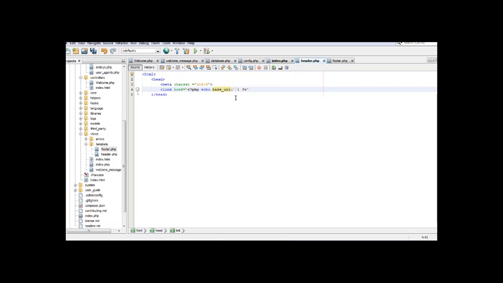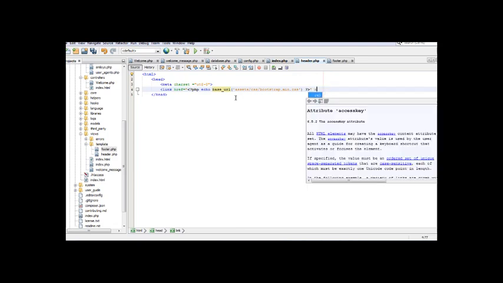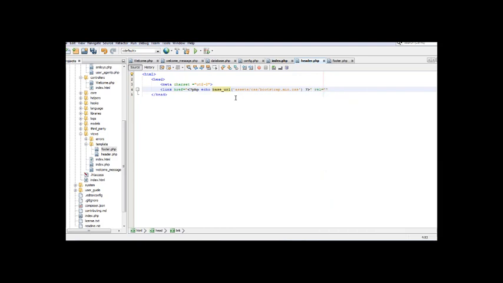Then assets, then css. Under this we will call bootstrap, bootstrap.main.css. Okay, right, and rel is equal to stylesheet, stylesheet,